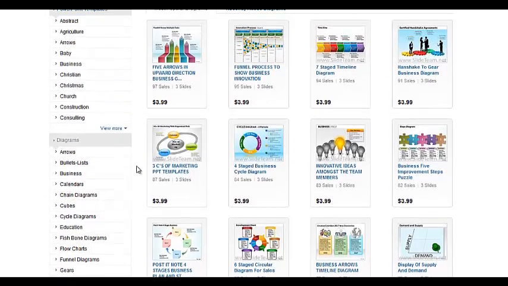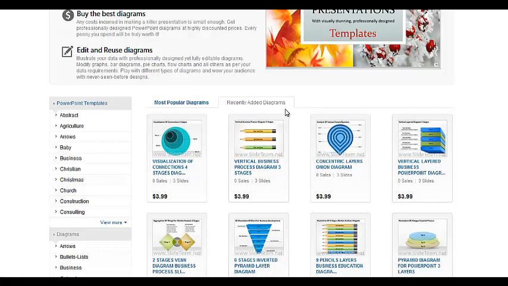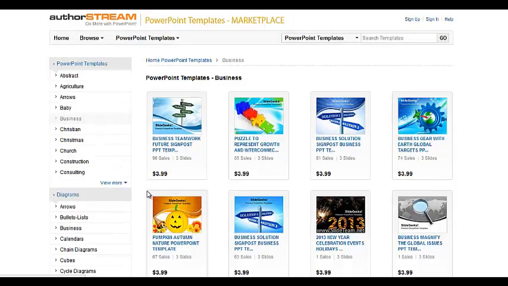All the most popular PowerPoint templates and diagrams among our users in different categories are listed here. To look for the latest templates and diagrams added to the list, click on the tab Recently Added. From the left block, select the category that suits your needs, either for the template or diagram, and choose among the different and wide collection.